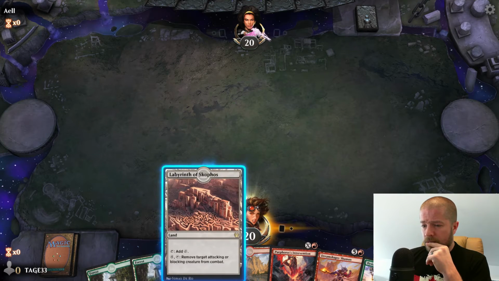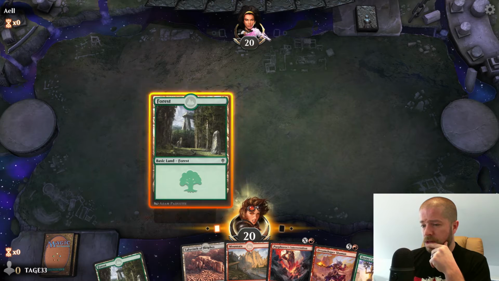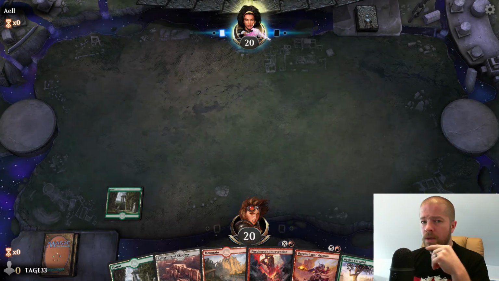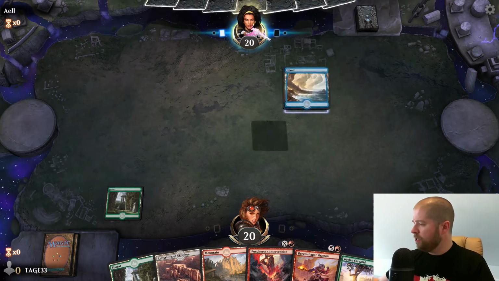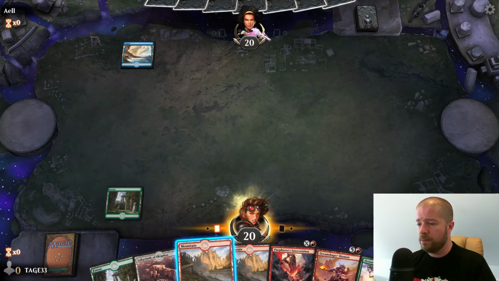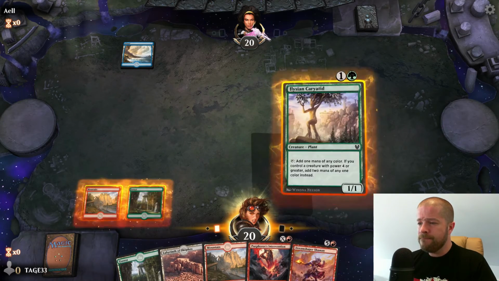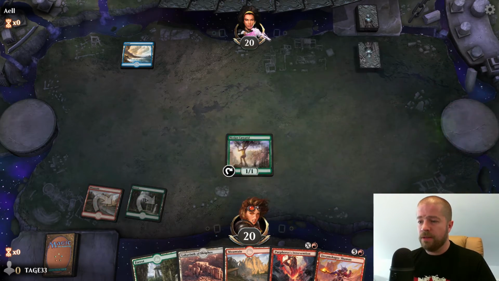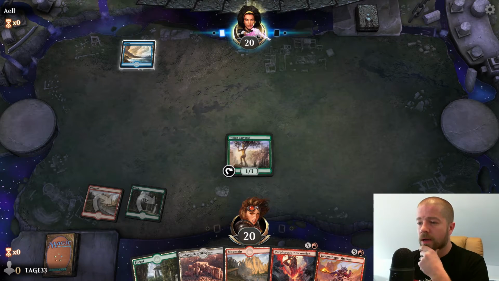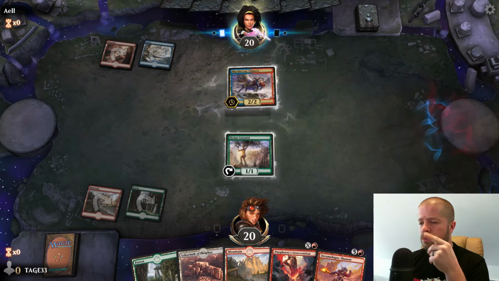So let's do a forest to start. Sure. Today is Friday. I think it's January 17th. Yep, Friday, January 17th. Oh, we drew another land. Well, that'll help us to get to our big creatures. January 17th, pre-release day. So I am heading out later to play in